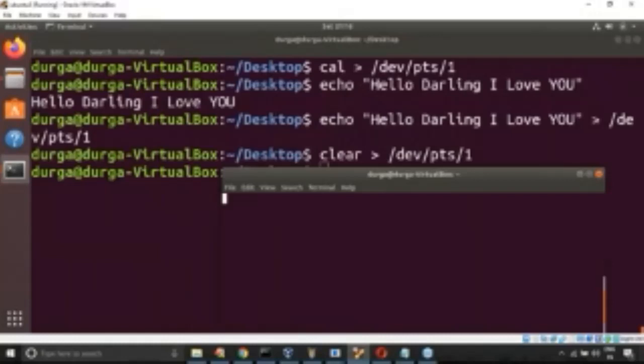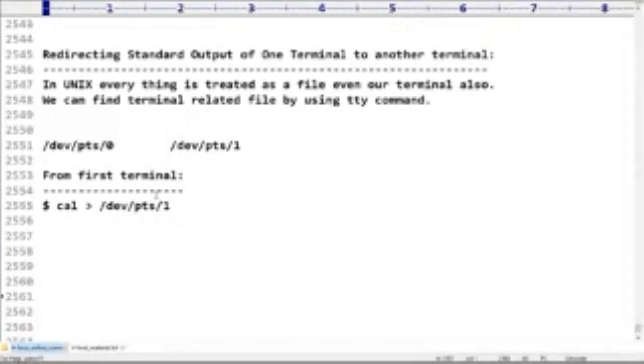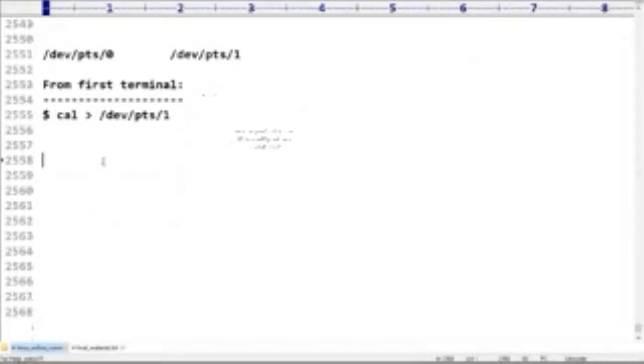Are you getting it? So these types of people in the Unix labs play games like these with terminal redirections. Clear? Are you in the position to understand the meaning of redirecting from one terminal to another terminal? This is what you people should be aware of.